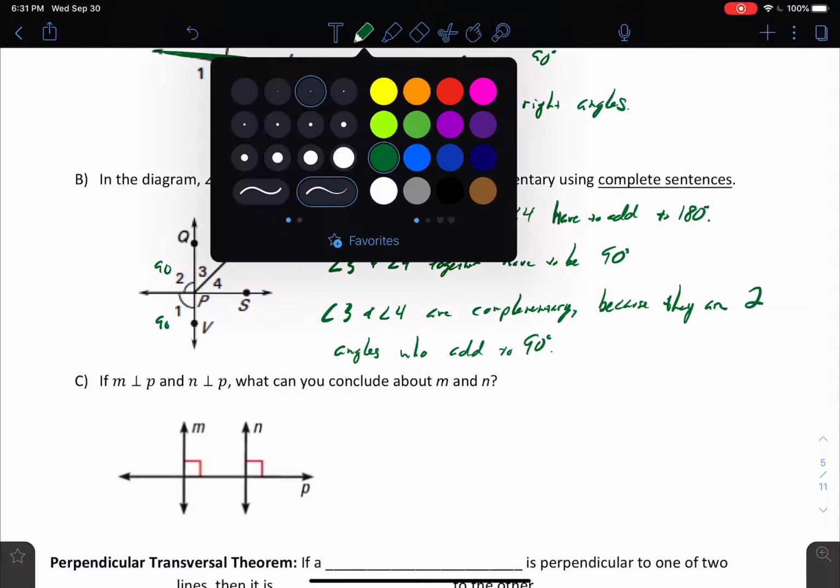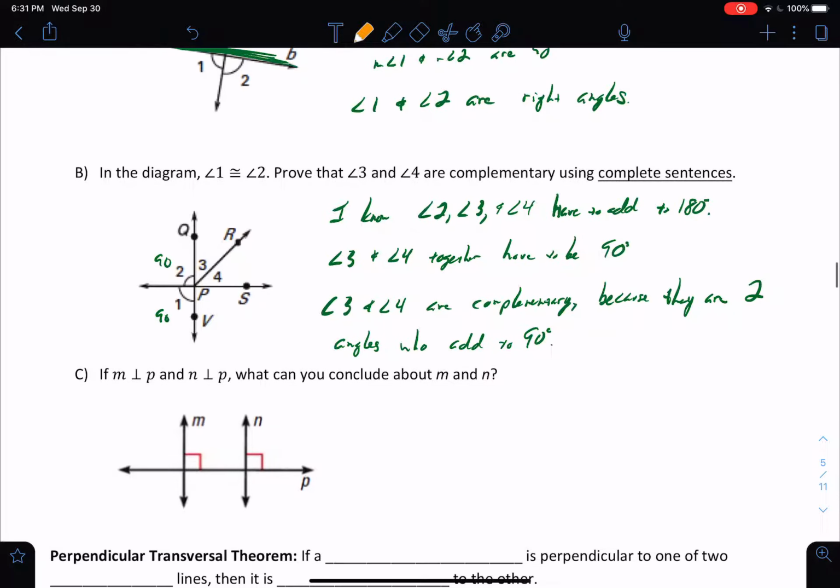What about this next one? M is perpendicular to P. We know that because it's given to us and we see the box. And N is perpendicular to P. What can we conclude about the lines M and N? Well, if it's perpendicular, that means all four of these angles are right angles. So, if that's the case, we have all of these situations. We have that the original angles